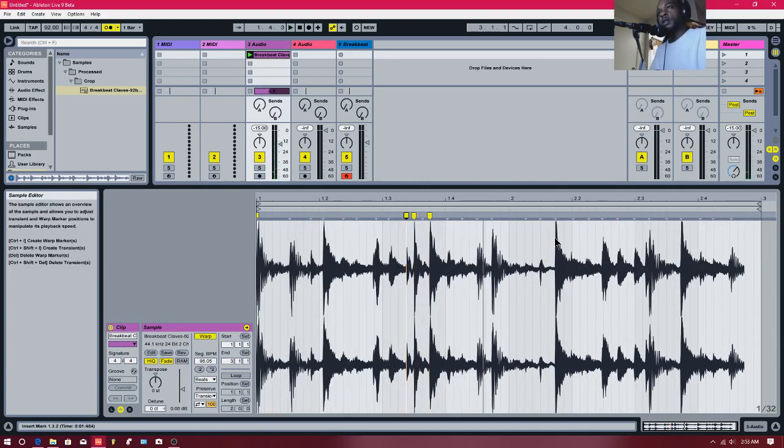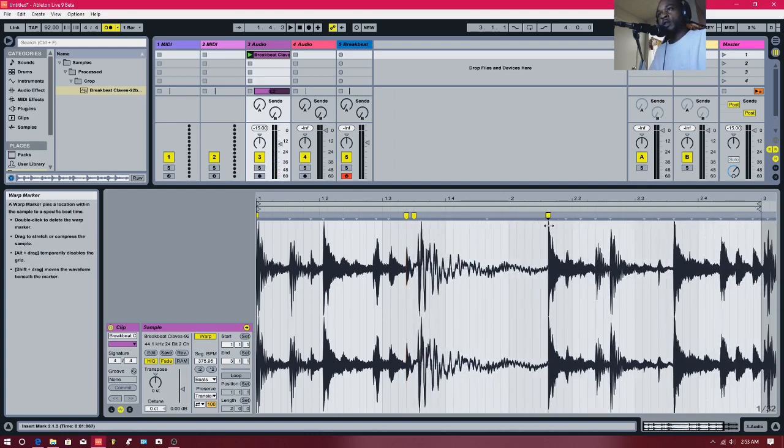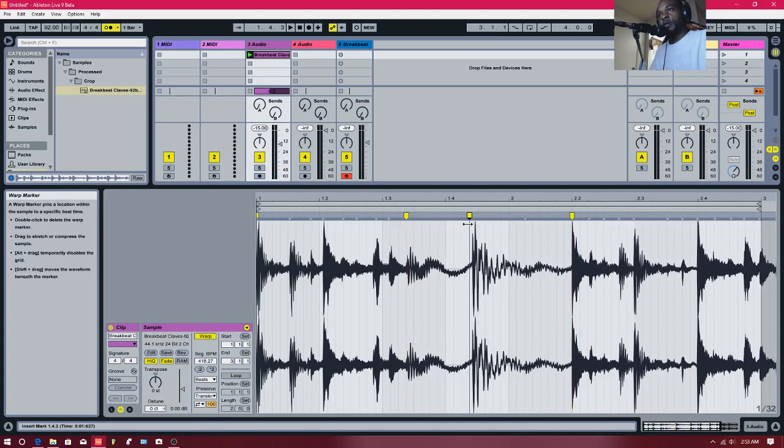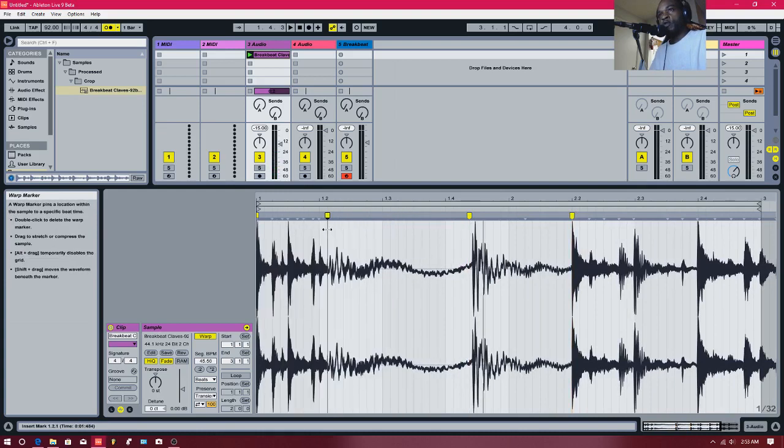See, that is warping, and if you just play with it a little bit and practice with it, you can see that you can move your waveforms around